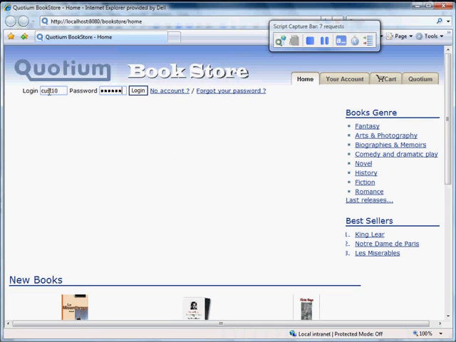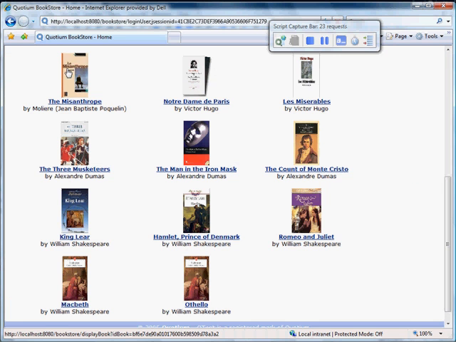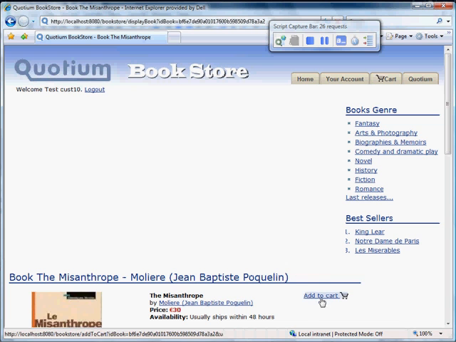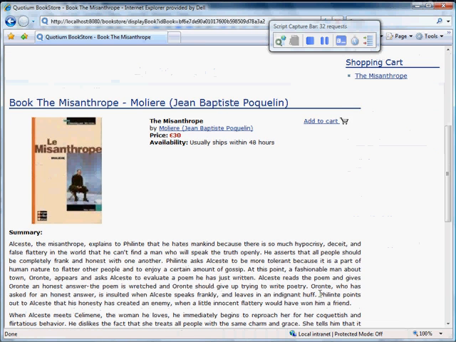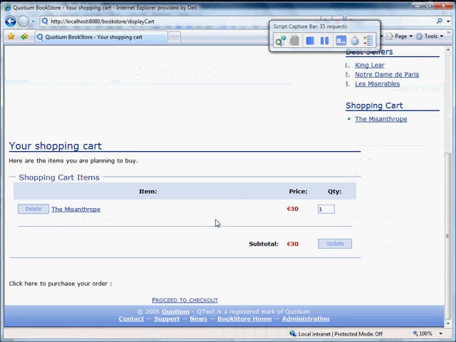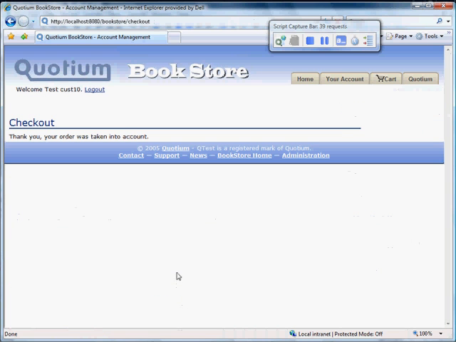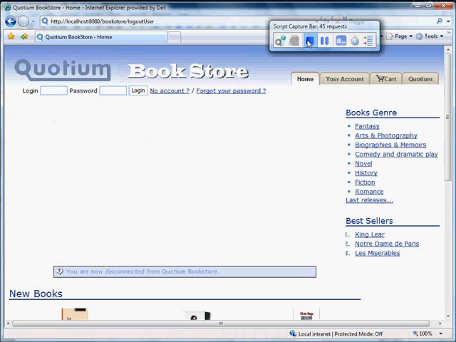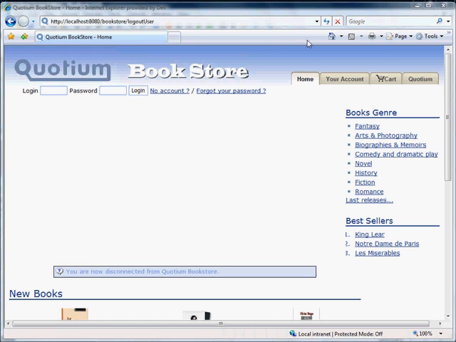So as a user would do, I'm logging into the application. Nothing extra here, just using Explorer as a normal user would do. I'm going to buy this book, I've added it to my cart, go to the shopping cart and proceed to the checkout. There we go, the order was taken into account and now I'm going to log out. That's all I want to do for this script, so I hit the stop button and we can see that